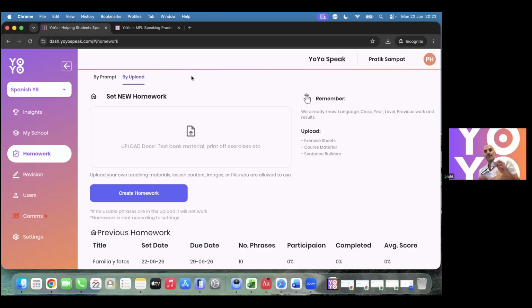So the next question is, does it tell you how many times a student has clicked retry and give a list of their previous scores, or just the best score? You can see all the attempts made, the number of attempts made, and the score per attempt, or an average. Great. And then, will it pick up on subtle mistakes, e.g., endings?